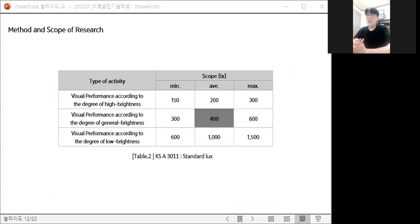As shown in Table 2, the illumination standards for residential space in Korea are quantitatively presented in KS 3011. The illumination standards for residential space are classified into visual performance according to high, general, and low brightness, depending on the type of activity. In terms of visual performance according to general brightness, the minimum and maximum illumination for reading in living rooms,